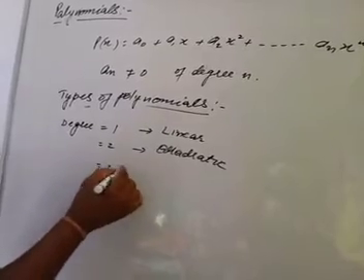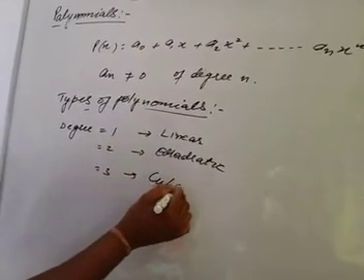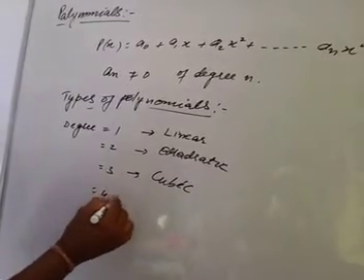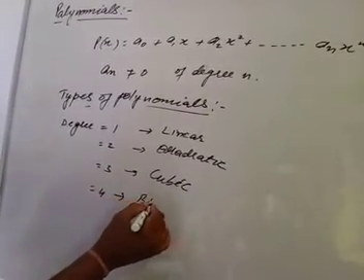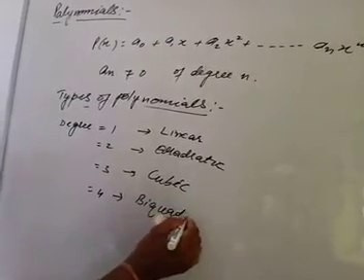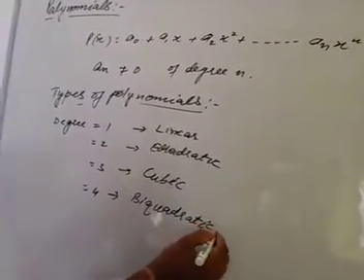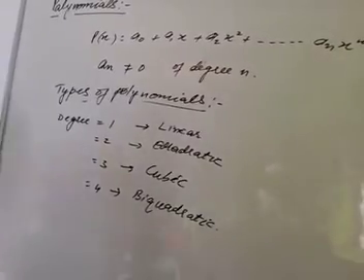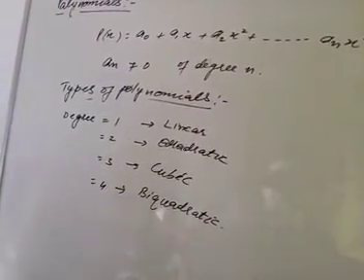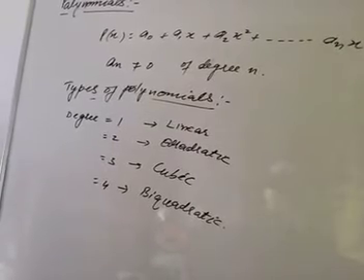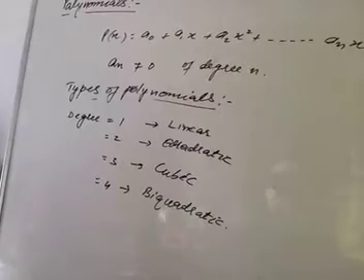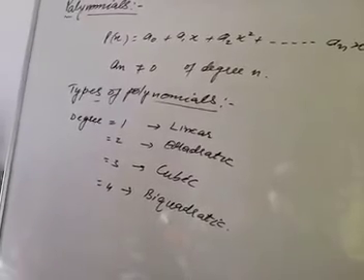If degree is 3, it's called cubic. If degree 4, it's called biquadratic. And after that, if degree 5, then polynomial having degree 5. If degree 6, then polynomial having degree 6. Okay, so in this type,